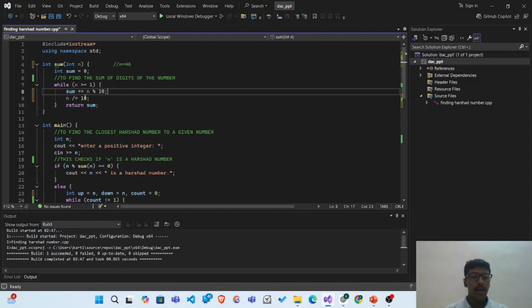Then I have divided n with 10, like n is equal to n divided by 10. Here n and 10 both are integers, which means n is equal to n divided by 10 would mean that the division of n and 10 would also be an integer. So here the division of 46 with 10 would just be 4. Here let me write it. n is equal to 4,